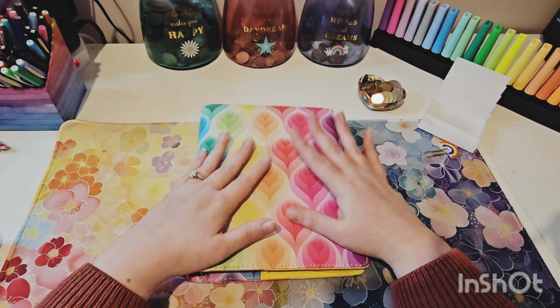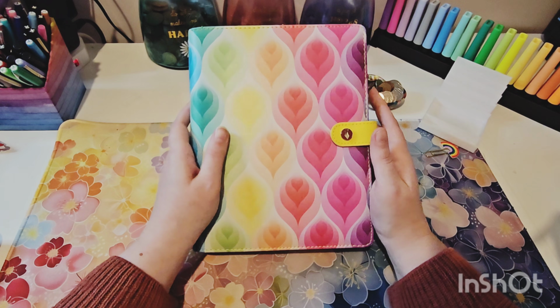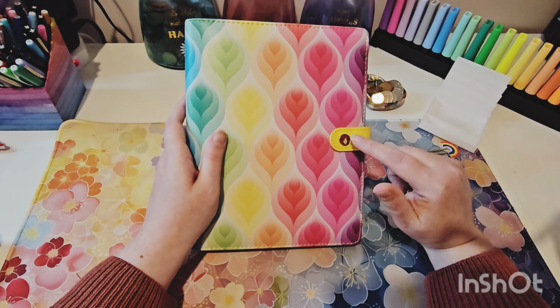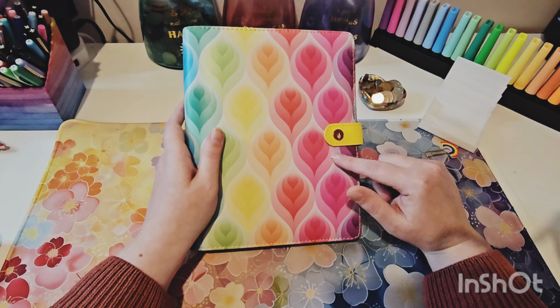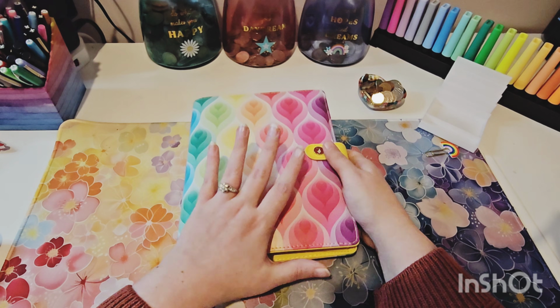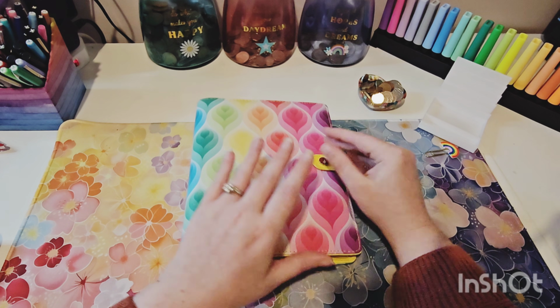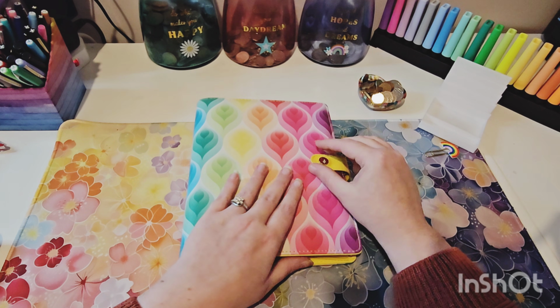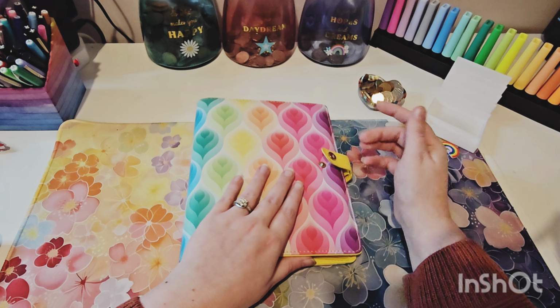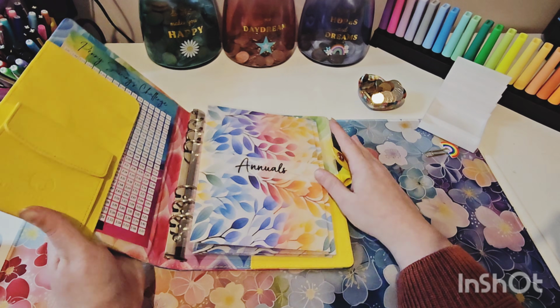But I love the fact that she has an A5 binder, and I've had this binder sat on the side for years. I got it from Princess Planning, and I've been on and checked, and they don't sell this one anymore, unfortunately. Otherwise I would link it for you because it's just stunning. I basically bought it years ago when I was doing Slimming World, and it came with a food diary and everything in it. And then it's just been sat there gathering dust ever since, because I've always used A6 binders. But for now,